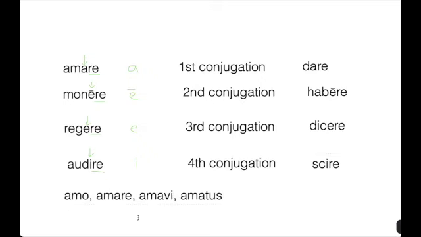So we've got the four forms of the verb, and the second form listed here is that infinitive form, amare. What each of these forms is for would be another video, but the important thing to know now is that if you're trying to determine which conjugation the verb belongs to, you want to look at that second principal part, the infinitive. You can tell it because it ends in RE. And then look at the vowel in front of the RE, and that tells you